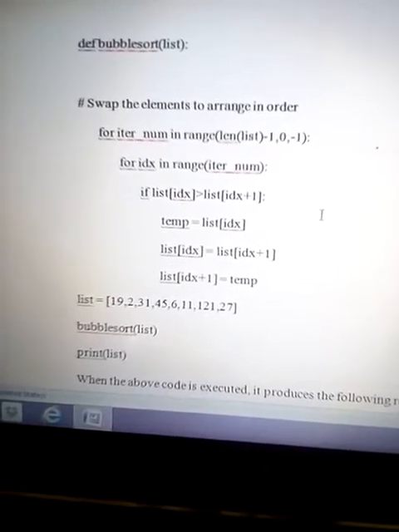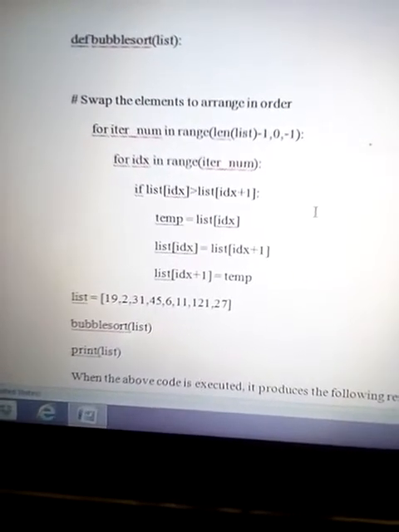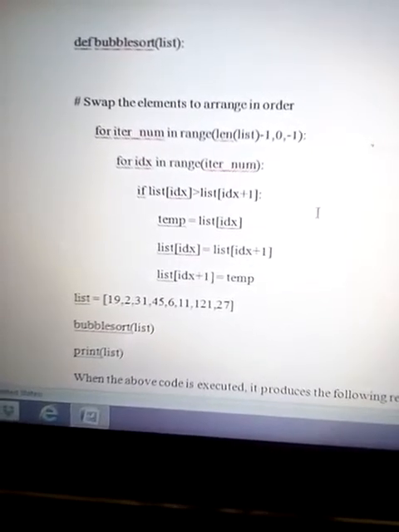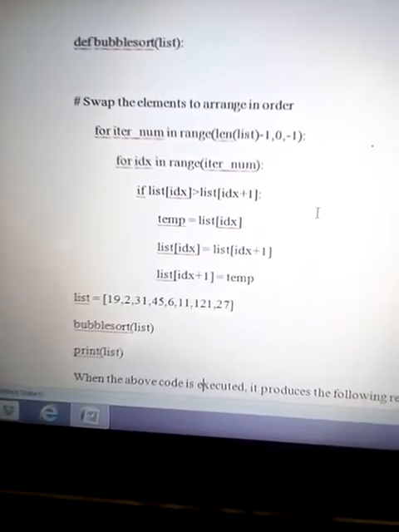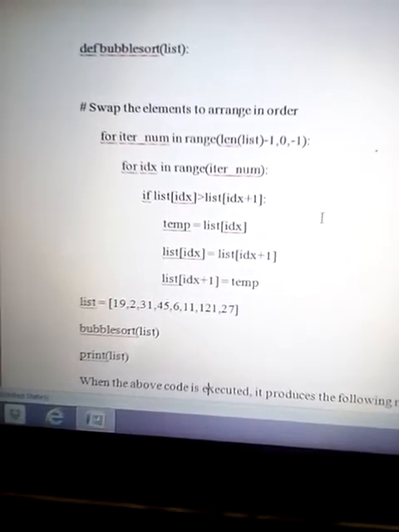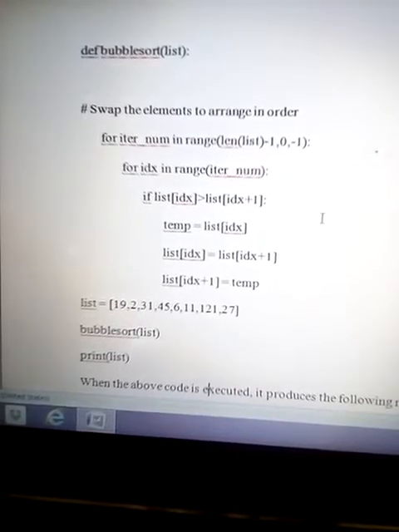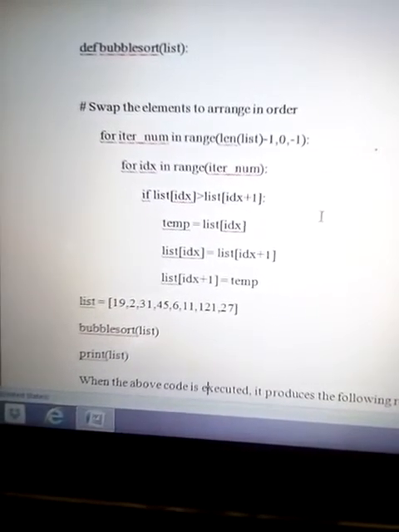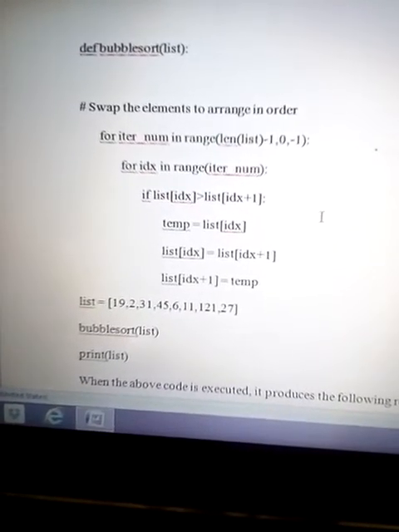So let's see how we can do it. The syntax we use to create any function is def. Def is the reserved word to define the function, that means the definition of the function. The function name is bubble sort and the argument is a list. We were talking about lists in our previous chapter, a data type, a kind of sequence, which we are passing here as the argument.